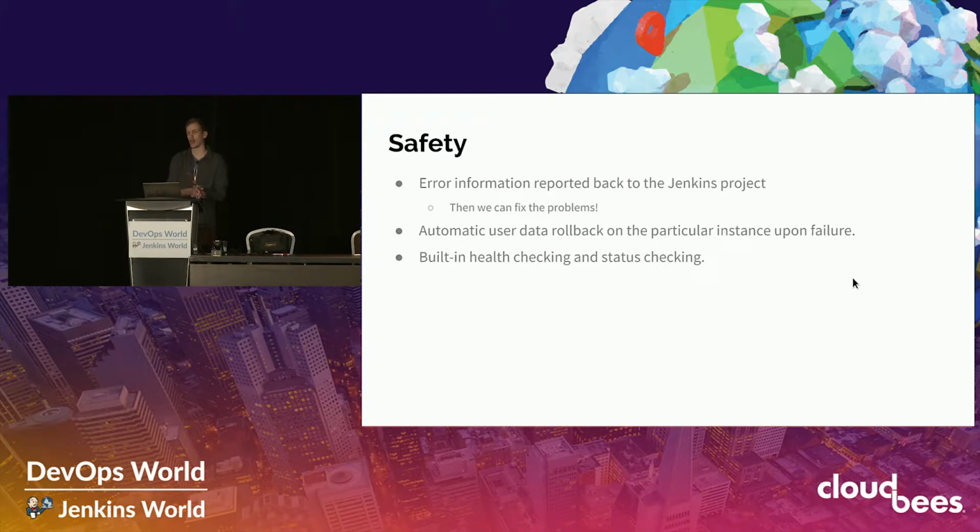So we're going to say update level 15 is problematic. We went down to update level 14, which is our state from before. Our configuration was preserved at update level 14. And that information comes back to the Jenkins project. And then we can figure out what the problem was, fix it, and then ship update level 16. And when update level 16 is made available, that client goes from 14 to 16 because we know that 15